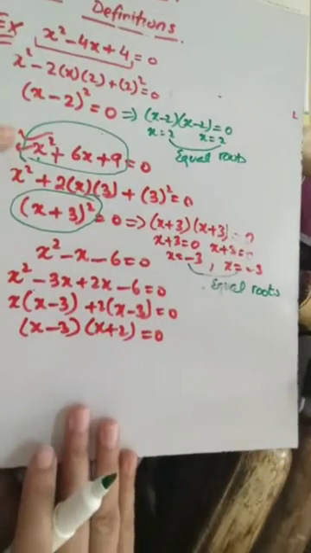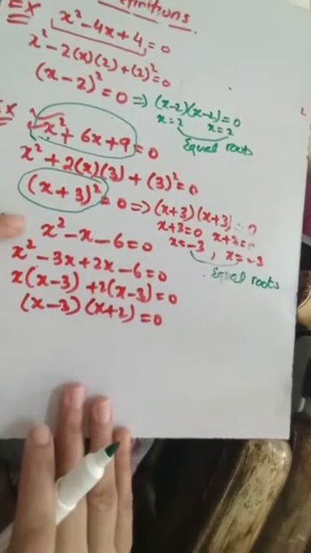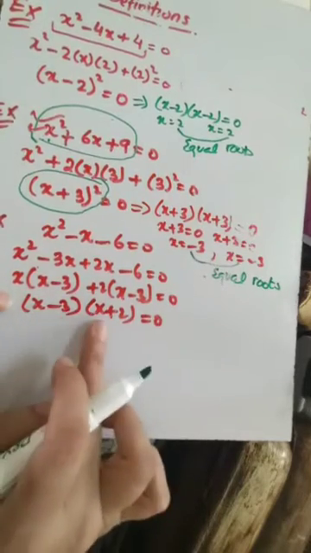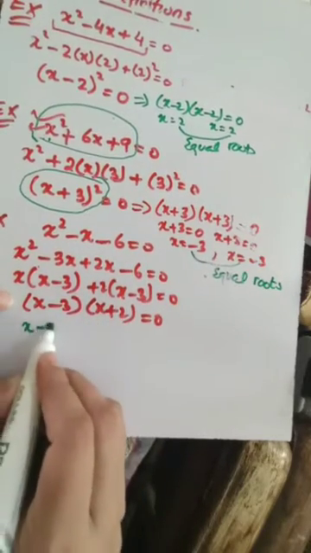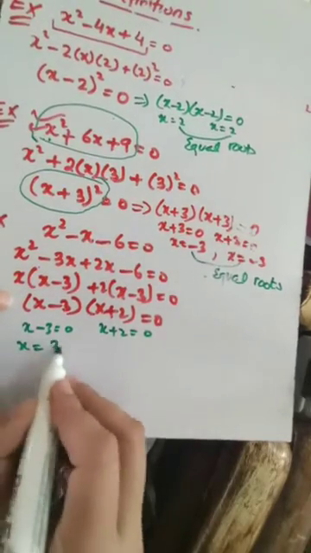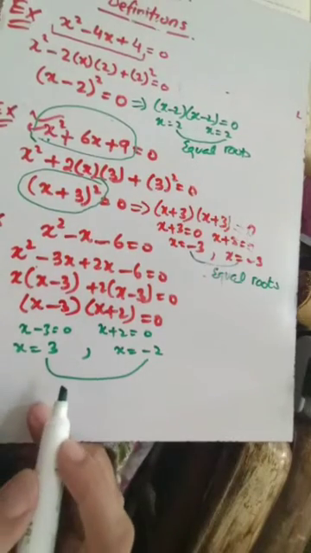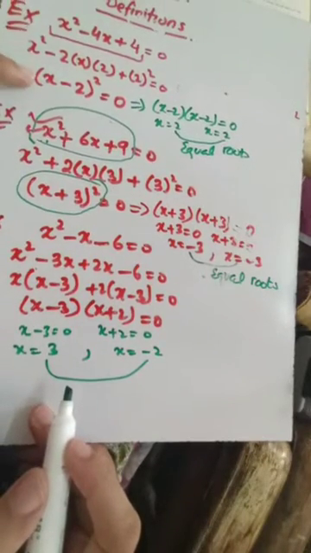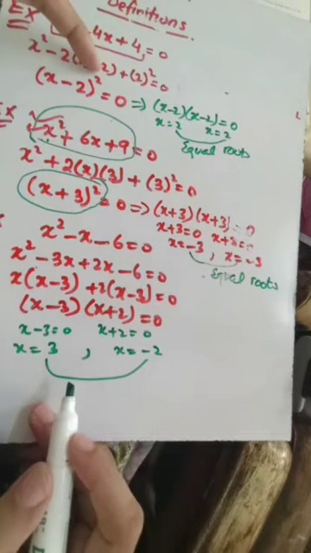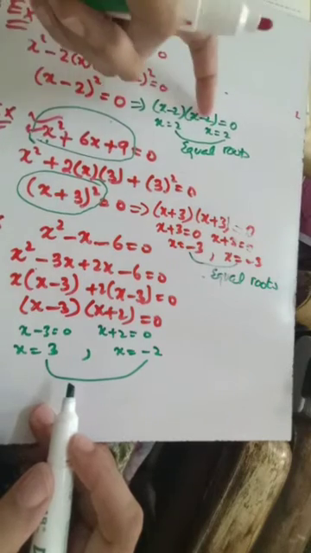Over here, as we have seen, this was a perfect square, so it gave equal roots. What about this? If an expression is not a perfect square, then what will happen? We will have two different factors. As we have two different factors, if I solve this further, I am going to get two different roots. So this implies that if you have a perfect square, you are going to get an expression of the square of something, and we write square only when the same number is multiplied twice with itself: x minus 2 into x minus 2.